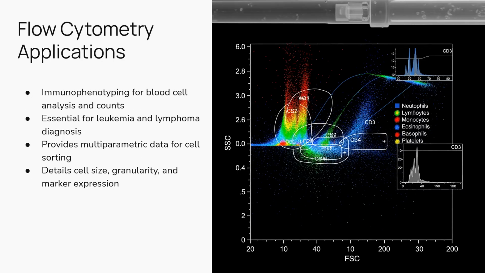One of them in the clinical lab is immunophenotyping. This would help to identify and quantify different immune cell populations. It's essential in diagnosing hematological malignancies, especially leukemia and lymphoma. It can also do cell sorting, so it can separate and collect specific cell populations for further analysis or even